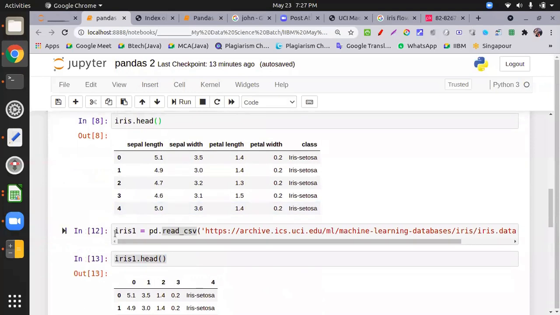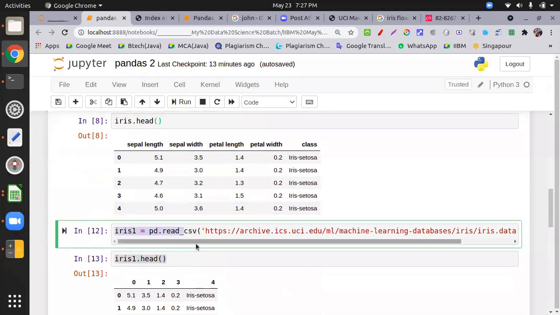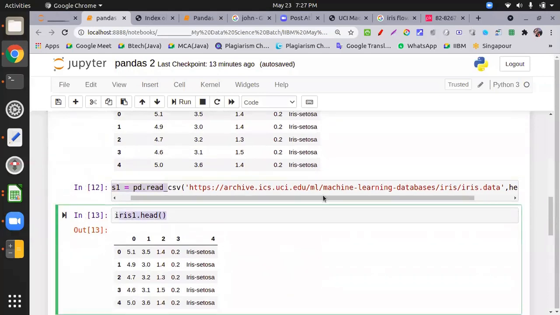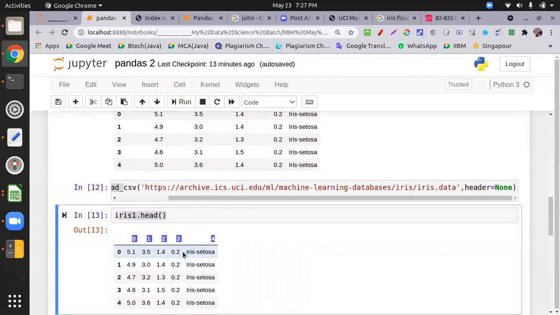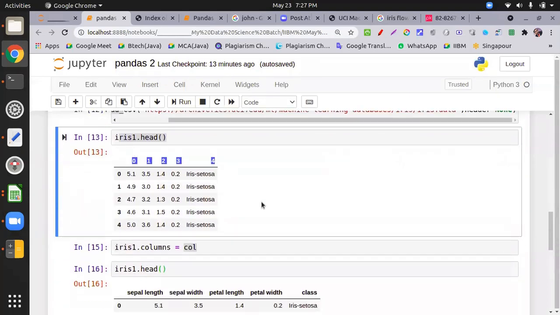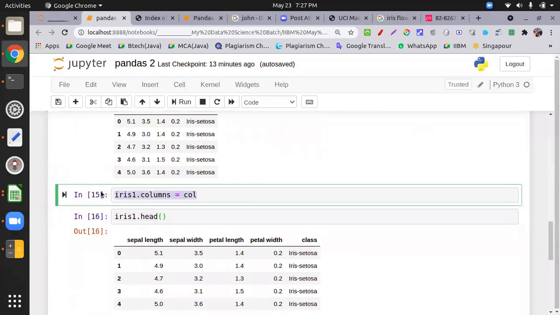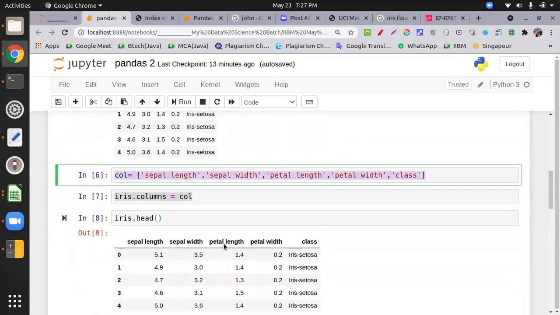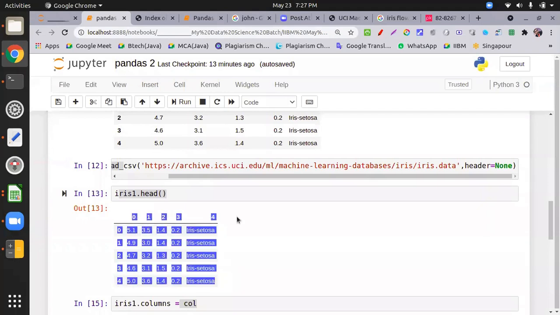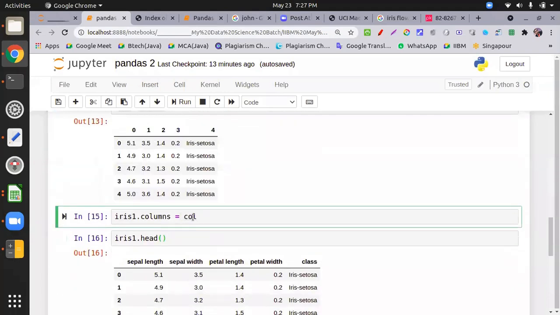Okay, let's start from the beginning. I downloaded this data set from the URL. Then I display the head, because I put header equal to none, so it doesn't put the first row in the header. It just puts the indexing over here. Then for iris1.columns, I apply the list I made initially, because here is numeric indexing and here the column names are applied.